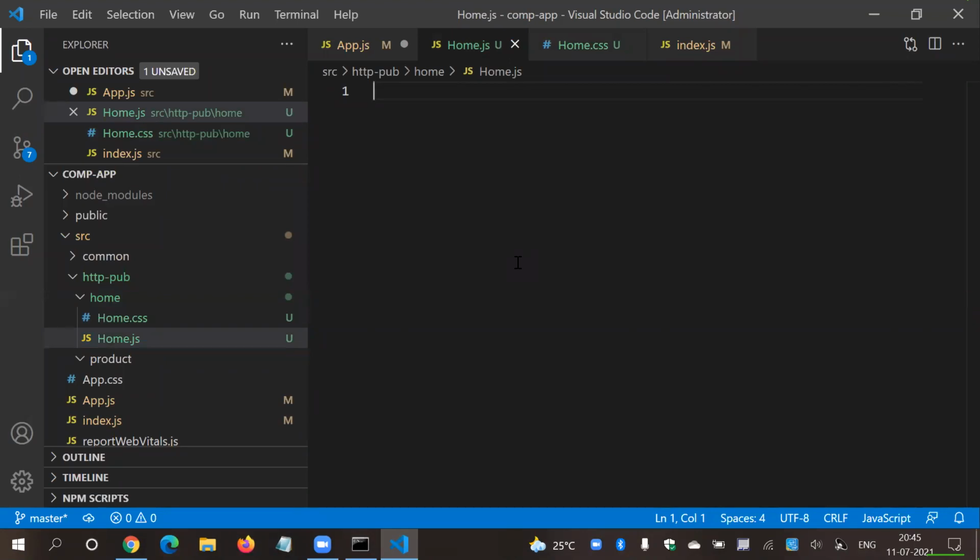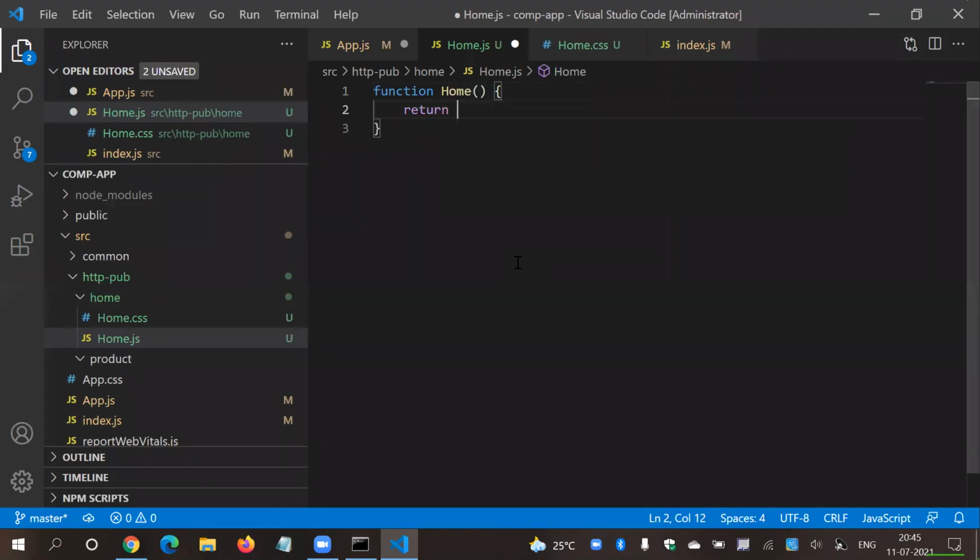So the way I am going to create the component is basically the classic, older way, but very soon I'm going to switch to arrow functions, standard class components and everything, useEffect, useState and everything. So today let's use one example with classic style. Let's say function and say Home.